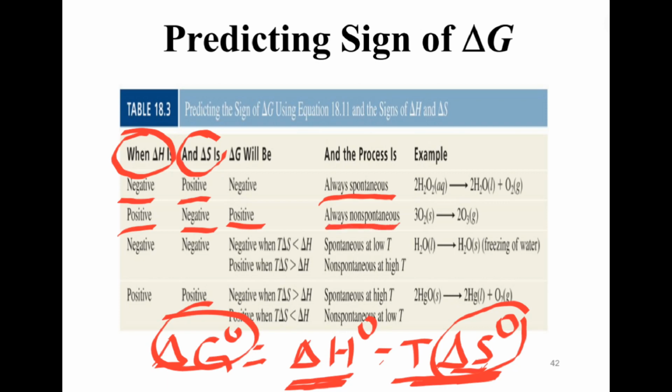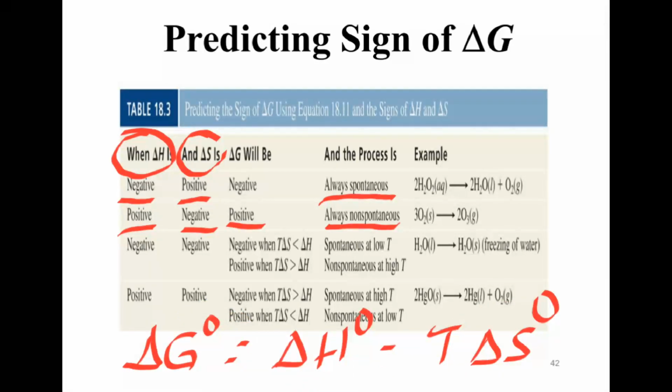So the process will be non-spontaneous. ፕሮሰሱ non-spontaneous ይሆናል ማለት ነው። ስለዚህ ለምንድን ነው? ምክንያቱም ይሄ ኔጌቲቭ ከሆነ ኔጌቲቭ ሲባዛ ኔጌቲቭ ፖዚቲቭ ስለሚሰጠን ኢንታልፒውም ፖዚቲቭ ነው። ስለዚህ ጊብስ ፍሪ ኤነርጂው ፖዚቲቭ ይሆናል። ፖዚቲቭ ከሆነ ደግሞ ፕሮሰሱ will always be non-spontaneous ማለት ነው።